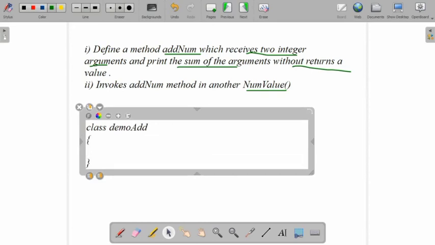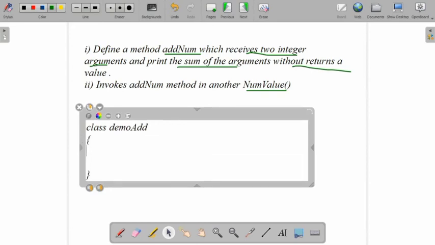The first method is addNum, which is the method name, and no return type. Without return type means no return value, so we have to use the void return type, and it is receiving two integer arguments. So we will write two integer arguments, a and b, as I have given here.